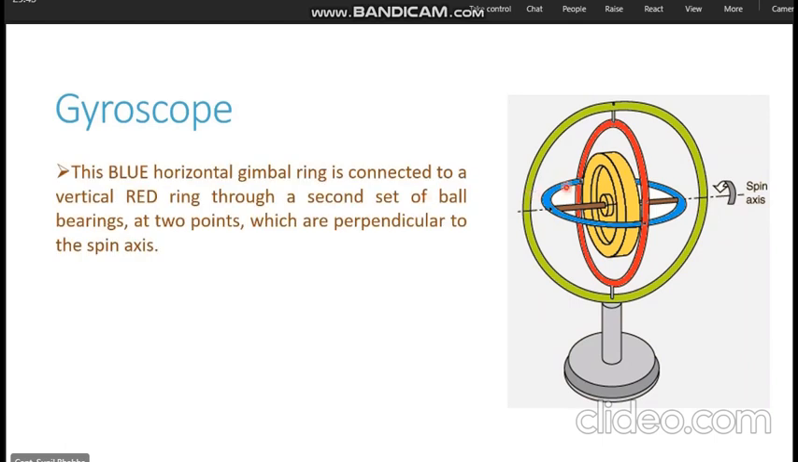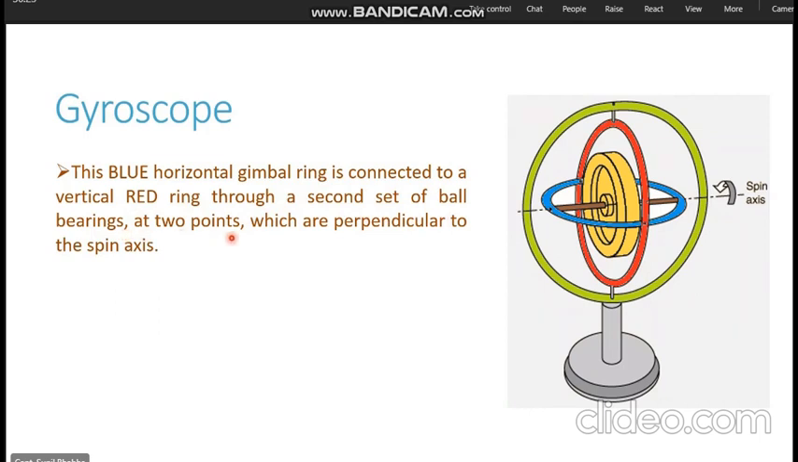Now moving further, if you look carefully at the blue color horizontal ring, you will see that this blue color horizontal ring is connected with the red color vertical ring at two particular points. You can follow the laser pointer. The connection point, one of them is here where the laser pointer is right now. And the second connection point between the blue ring and the red color ring is at this particular point. So the blue horizontal gimbal ring is connected to a vertical red ring through a second set of ball bearings